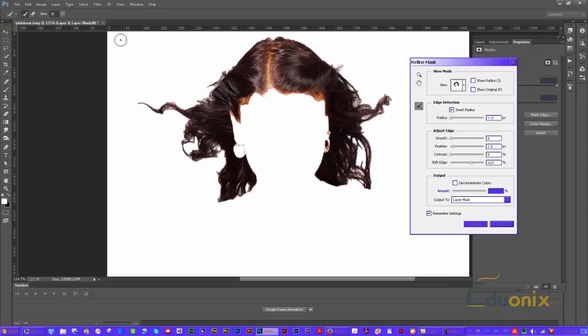Automatically saves your selection basically. So I'm going to hit this little brush icon that you see grayed out right here on the left side of the refine mask box. And if you're working in the more recent versions of Photoshop, then everything should look the same. But this brush tool,